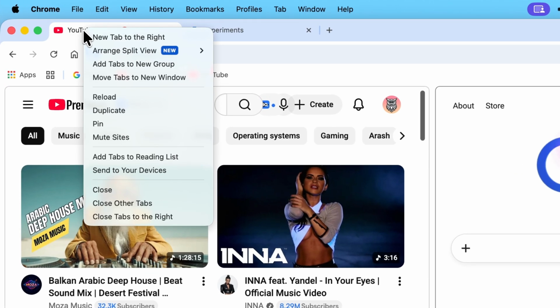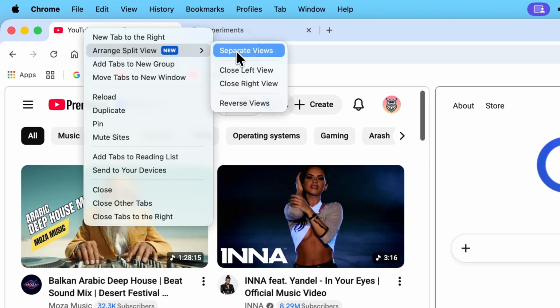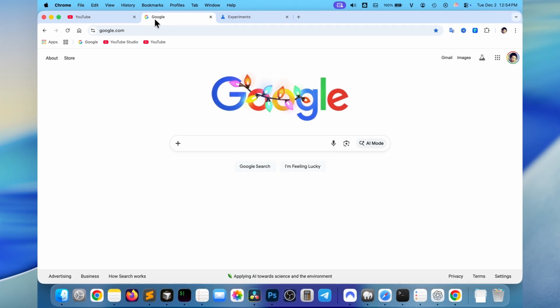When you don't want to use it anymore, just right-click, choose Arrange Split View, then select Separate Views, and you're done. And that's how to use Split View in